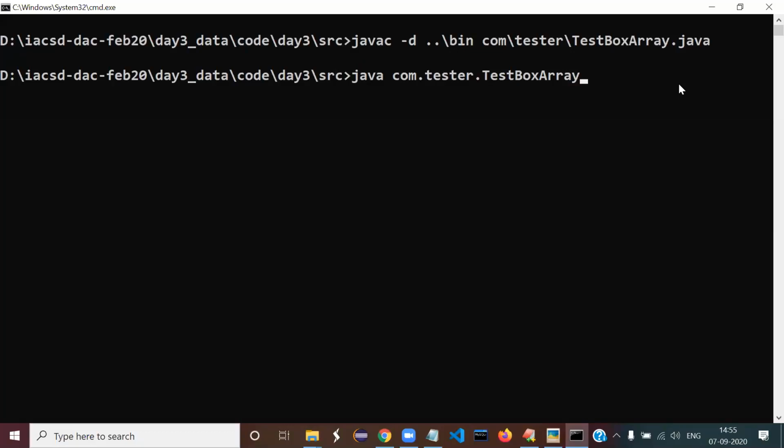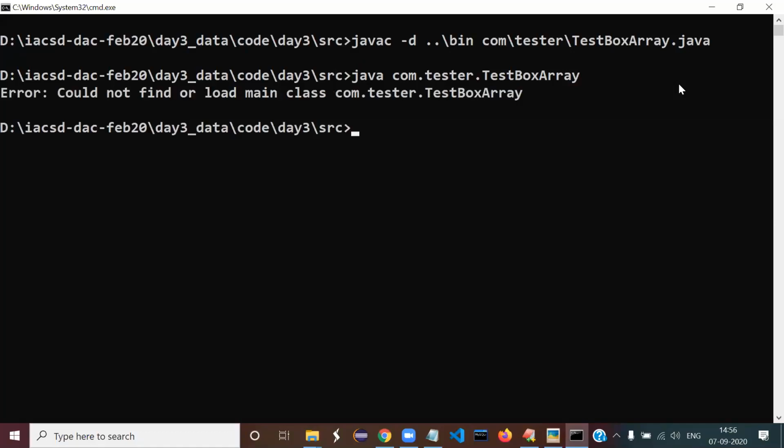So now let us come to the point. When I press enter, of course you are going to get a runtime error. Guys, while in interviews and all, be clear, explicit. Don't just say vaguely error. Specify compile time error, runtime error. And it will be even more impressive if you can tell which type of runtime error. So here it is, cannot find or load the class.